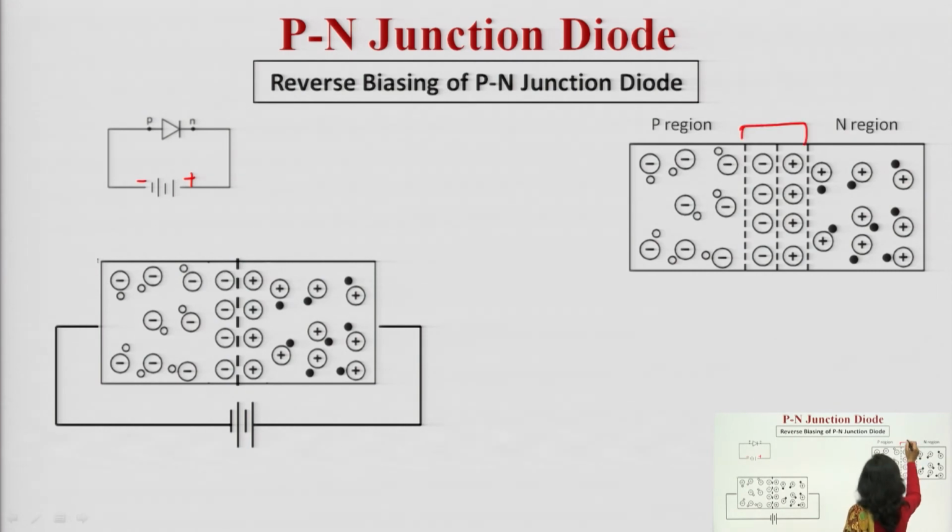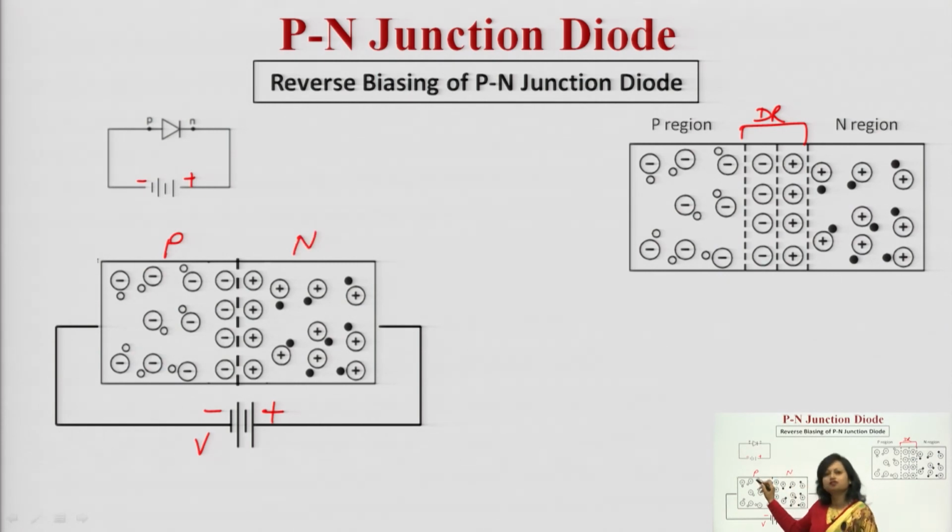This is the depletion region when a junction is formed, and when you have applied the biasing, an external voltage is being applied over here. Now, see what is happening over here. In this case, since the negative terminal of the battery is connected with P and positive is connected with N, just try to recall, in case of P type semiconductor, the majority charge carriers are holes, while in case of N type semiconductor, the majority charge carriers are electrons.